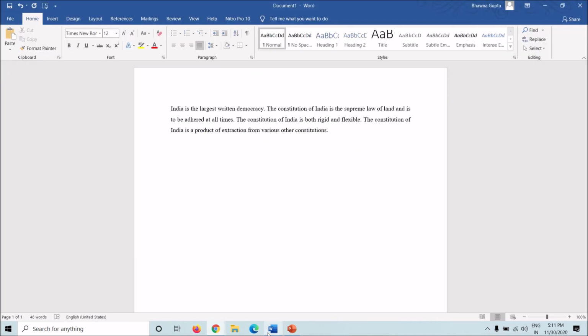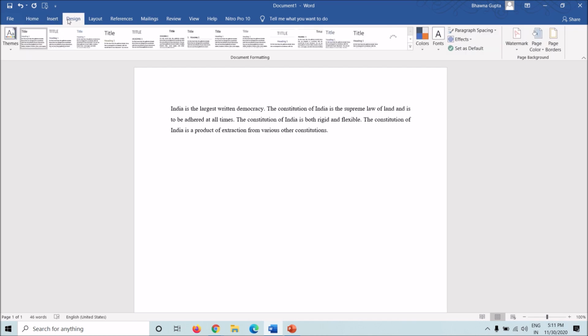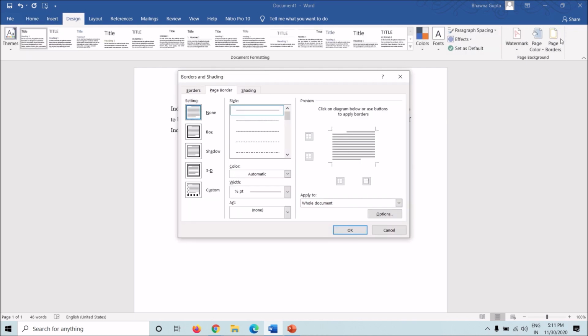Now for Word, how you can add margins to your text is very simple. You just have to go on Design, Page Borders, and choose the box, shadow, or 3D border. It's up to you if you want custom borders, box, shadow, or 3D. They'll show you how it will look here. This is shadow, 3D, custom. It's up to you what you want.